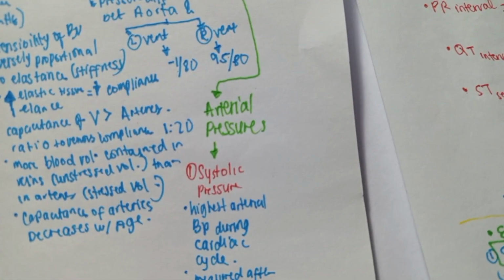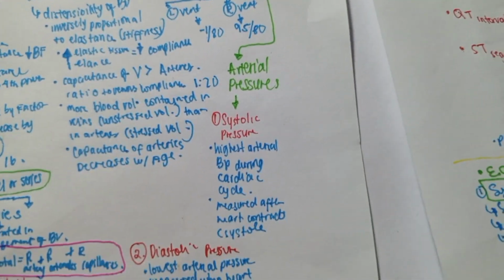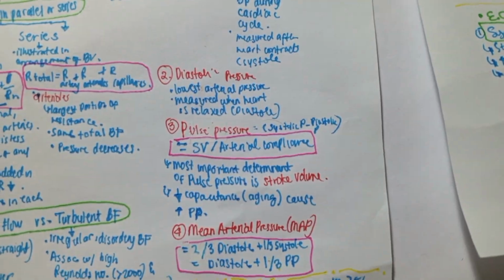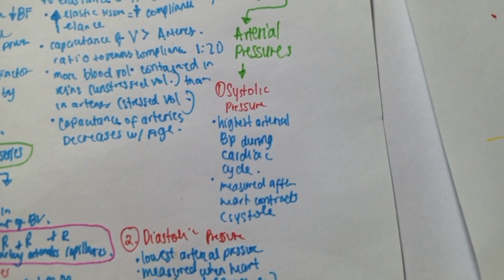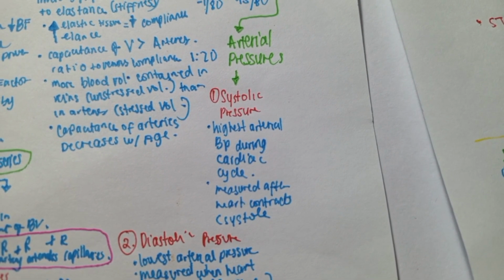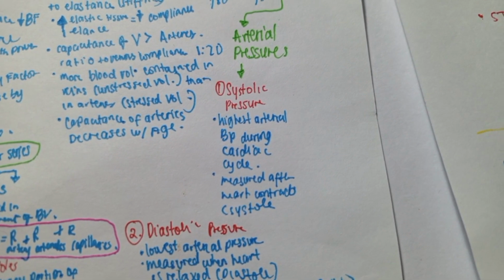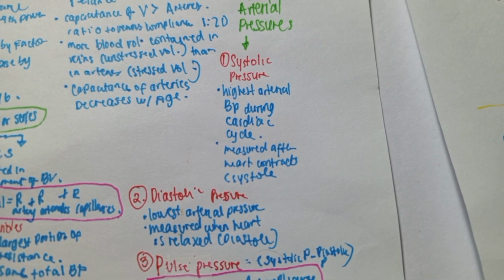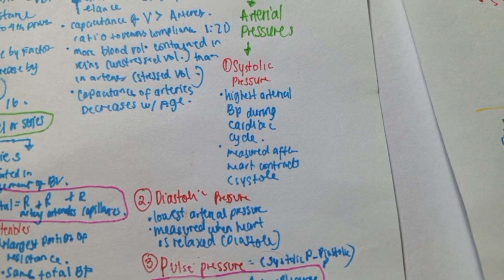Then we'll discuss the arterial pressure. We have here the systolic pressure, the diastolic pressure, the pulse pressure, and the mean arterial pressure. So for the systolic pressure, this is the highest arterial BP during the cardiac cycle, and it is measured after the heart contracts or systole. And the diastolic pressure, this is the lowest arterial pressure, and it is measured when the heart is relaxed or